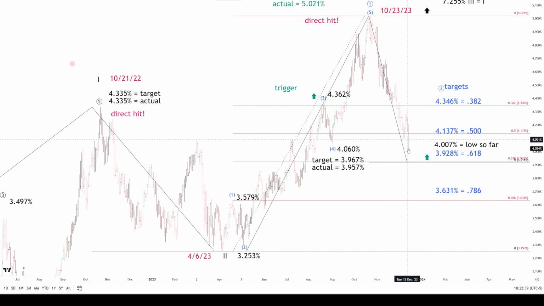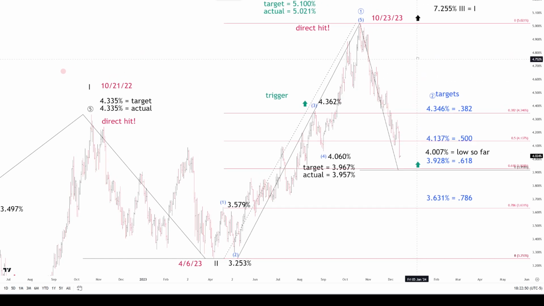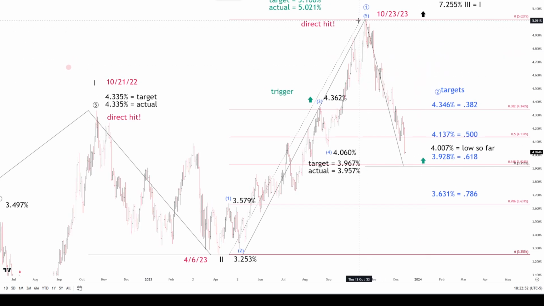So we'll see this wave 2 decline. The next target is the 3.928 at the 618 retrace, and then soon enough, wave 3 up will begin. Validation will come with a move above the first wave high right up here at that